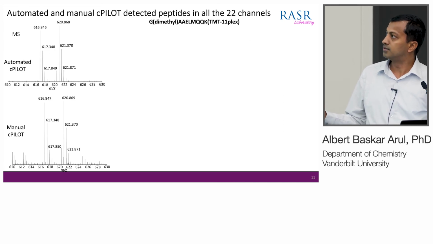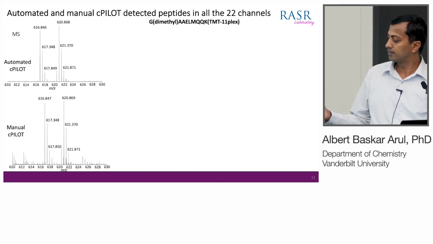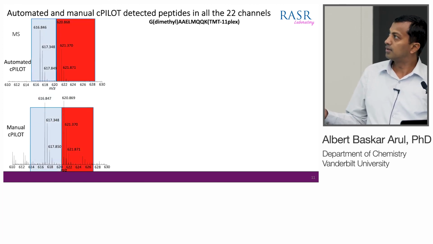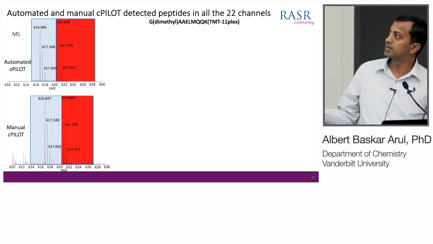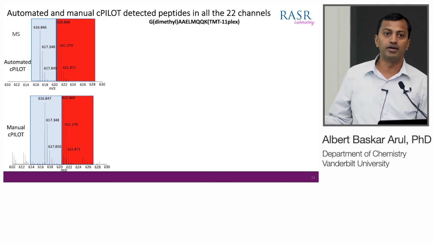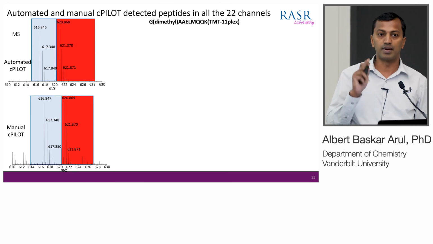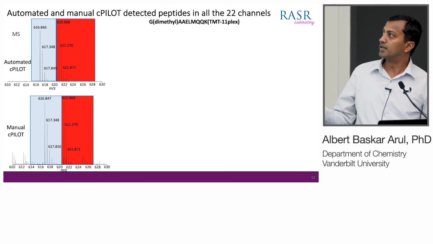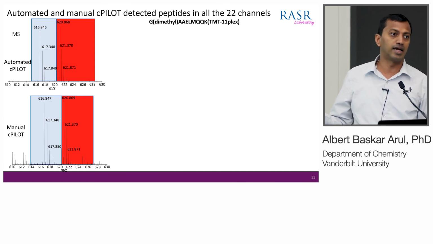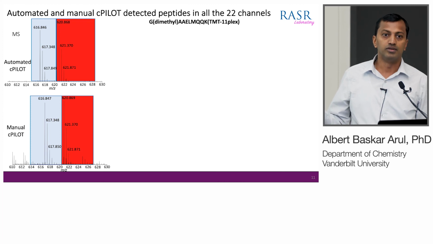This slide shows you the MS1 spectrum. These are the selected peaks, a peak pair of a selected peptide in all the 22 samples for automation, and this is for the manual workflow. If you can see, there is a difference between the 2 peaks of the pair. They are light and heavy labeled by dimethylation, and they have a lysine labeled with TMT. With this, we can quantify these peptides in all the samples.